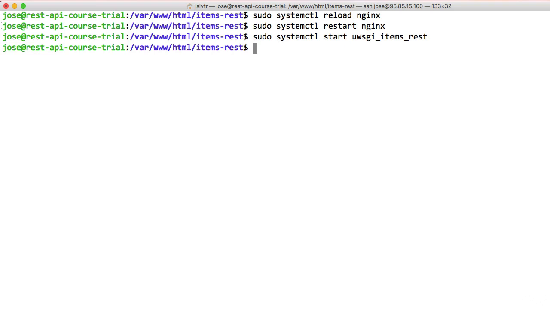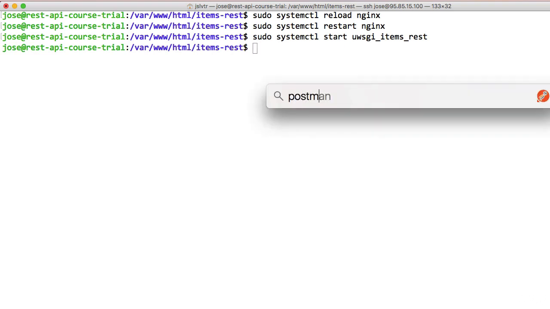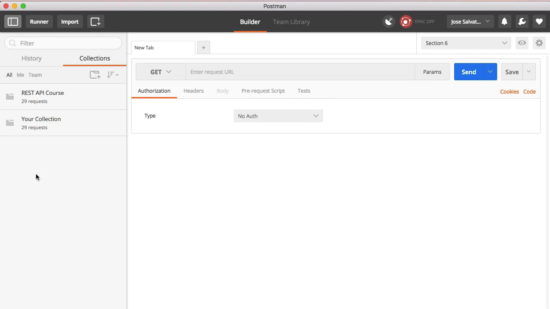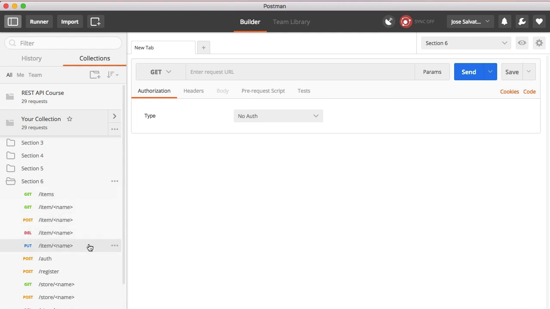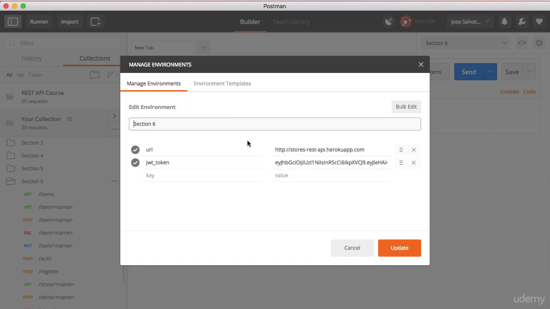Okay. Let's go over to Postman and give it a go. So I'm going to open the section 6 collection, because it's going to be the same collection as section 6. We've not changed anything yet. We've used the same API for Heroku and DigitalOcean. And we're going to make sure to go over to the environments and change the URL to be our server URL. You can find out the server URL in the DigitalOcean console, the control panel, or if you're on a Mac,